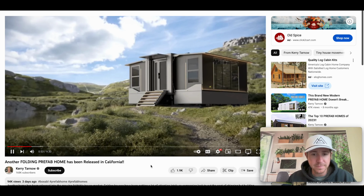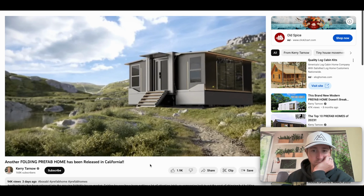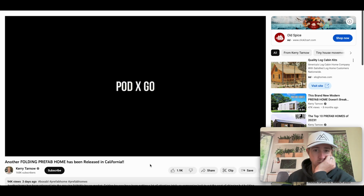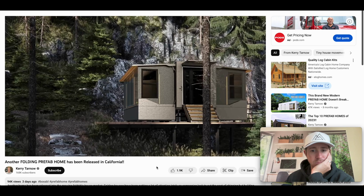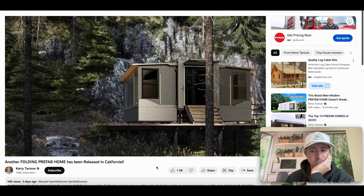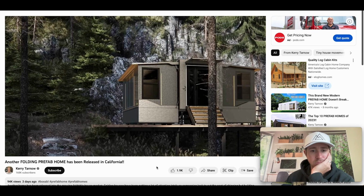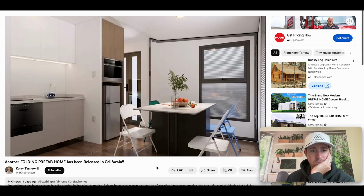By the name of PodX Go, with their line of tiny homes that unfold in just 15 minutes. What I'm going to do is tell the company, check out their models, and get into their pricing. PodX Go. PodX Go is a new tiny home company with operations in Ontario, California, with a home that will apparently unfold in just 15 minutes. I guess the concept was a result of interviews conducted by the PodX Go team with folks in the tiny home community to explore the main factors behind their decision to reside in compact dwellings. The predominant responses they received...